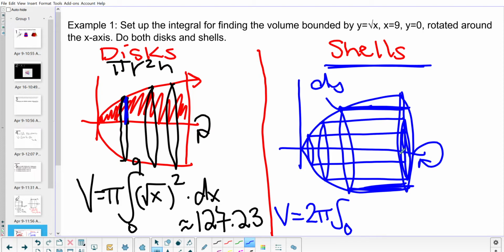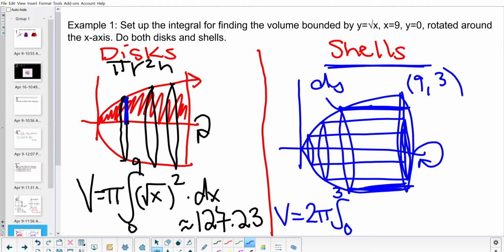Okay, so if this is the x value 9, what's the square root of 9? This is 9 comma 3. Square root of 9 is 3. So we're going to go from the y value 0 to the y value 3. So those are totally different than the 0 and 9 we wrote over here, but it's for the same bounded area. 2 pi